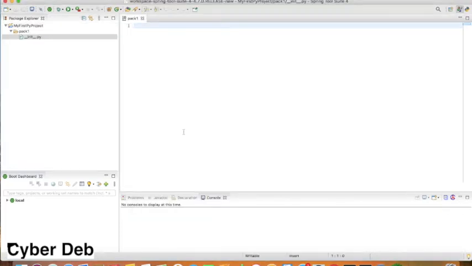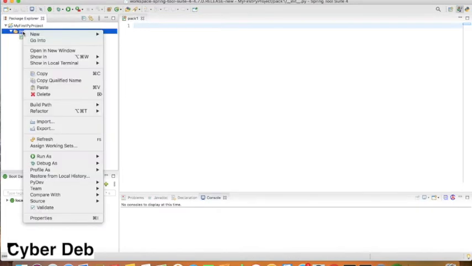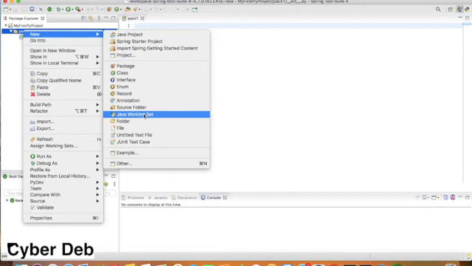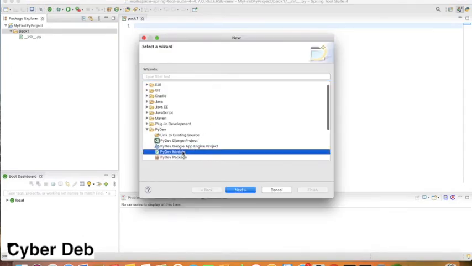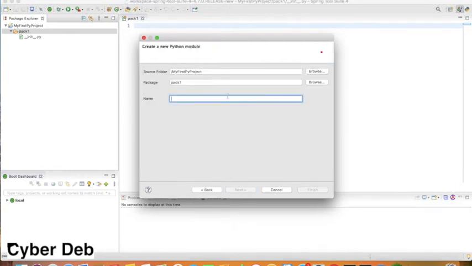Provide the package name, suppose I will say pack1, Finish. By default the init file is going to be there, yes. So double underscore init double underscore py is the default file. Then right click on the package name and New. You can go for PyDev module. Under PyDev you will find PyDev module. Give the name, suppose I will say hello.